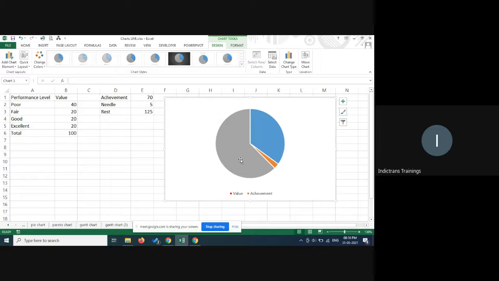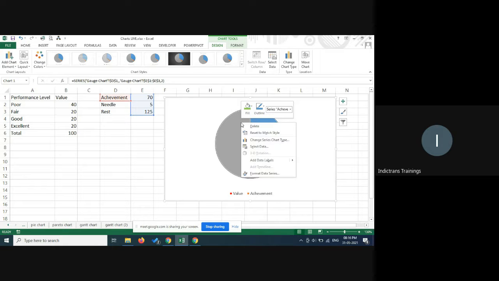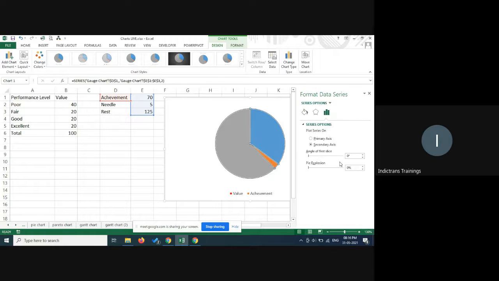Now I will select format data series, and here I need to set the angle of first slice as 270, just like what we did for the earlier one. So we get this one, and then I select each of these pies separately, just like what we did earlier.